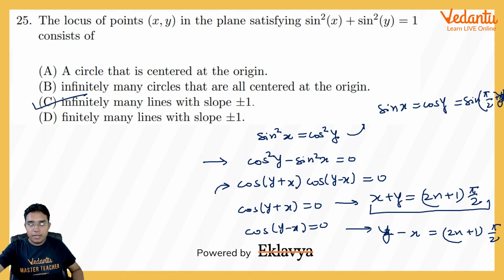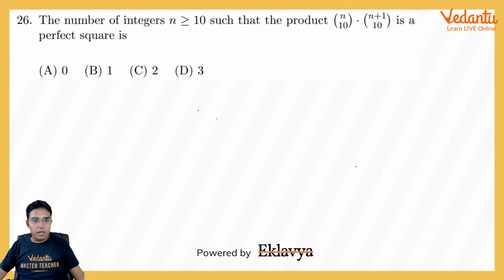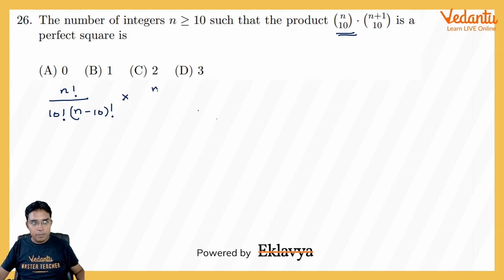Now coming to the next question. Now coming to this question number 26, the number of integers n greater than or equal to 10 such that the product is a perfect square. Now to do this question, we can use the formula for NC10, that is n factorial upon 10 factorial into (n minus 10) factorial, into (n plus 1) factorial